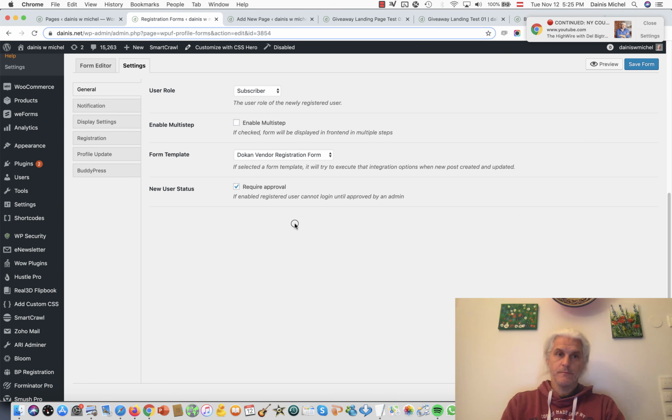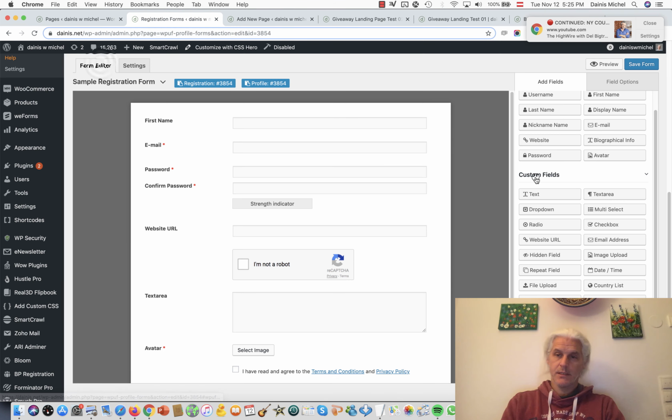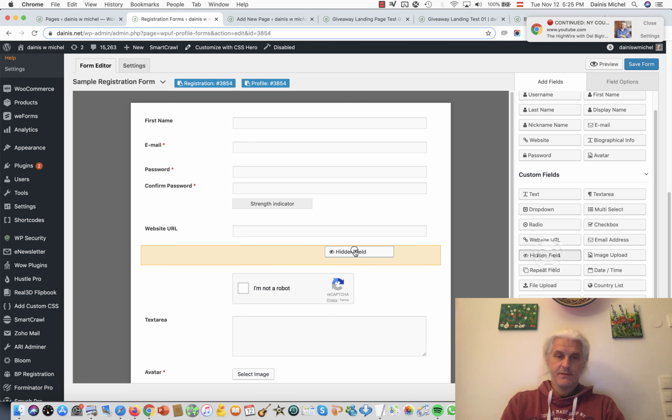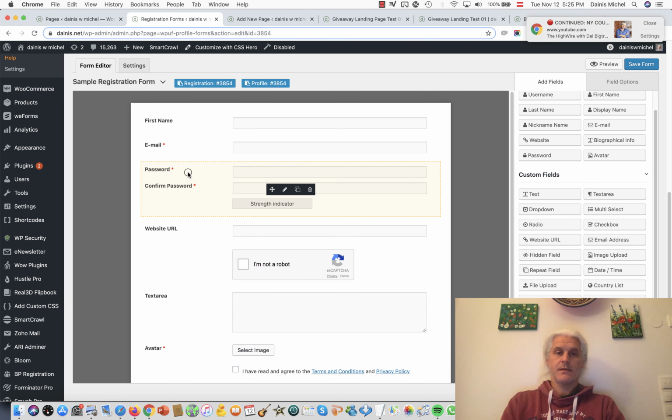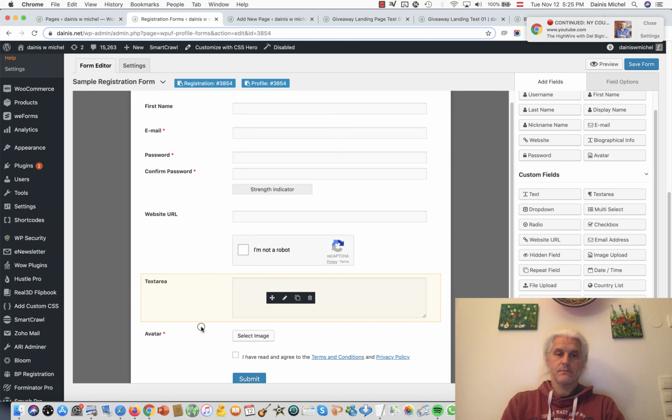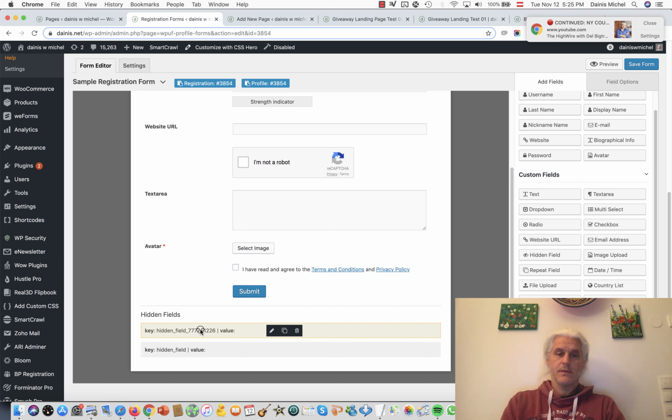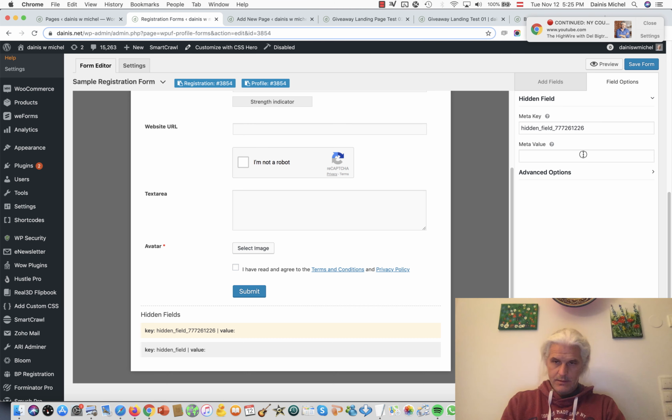Ideally, we would also go into this form editor and look over here. There's display name. Come on, where is it? A hidden field. Drag a hidden field into here. Doesn't really matter where. Drag the hidden field. Where's the hidden field? Hidden field. And the hidden field value, edit, hidden field puts registrant